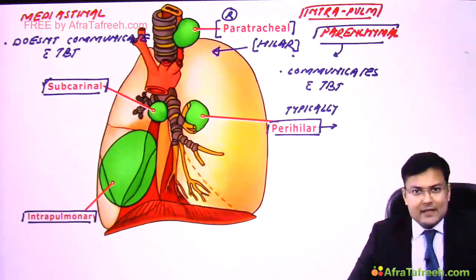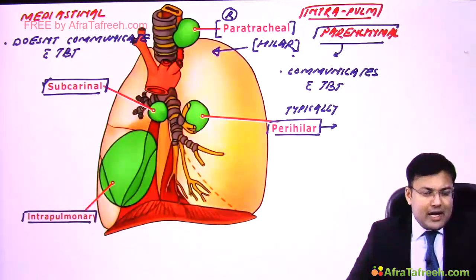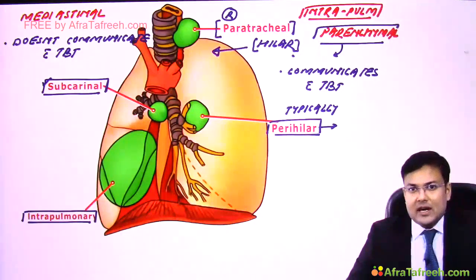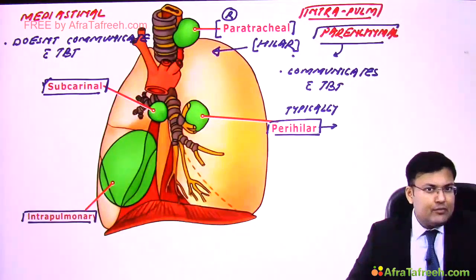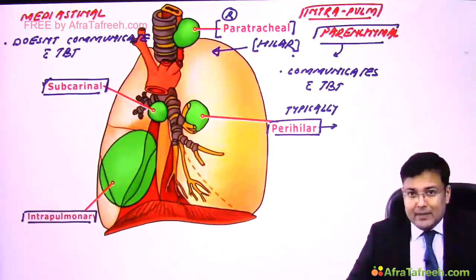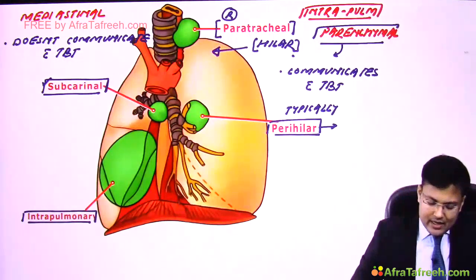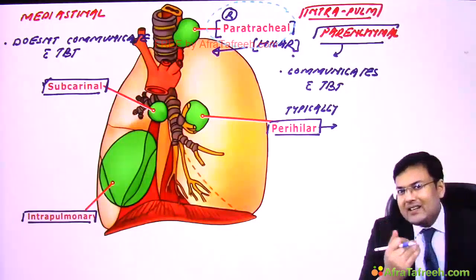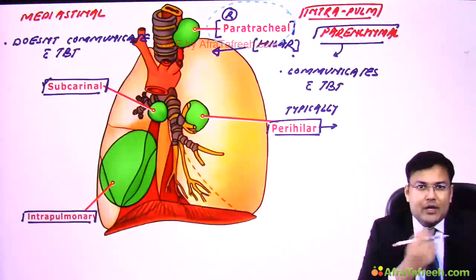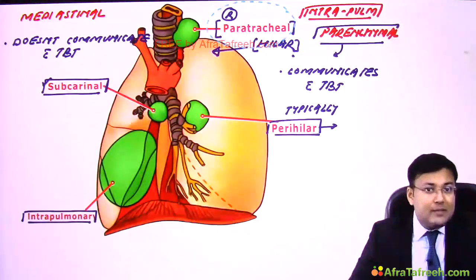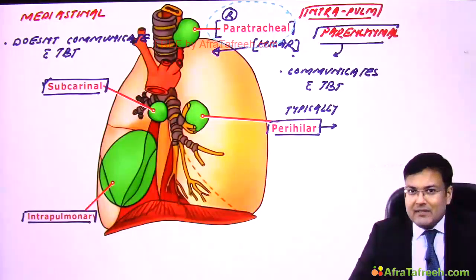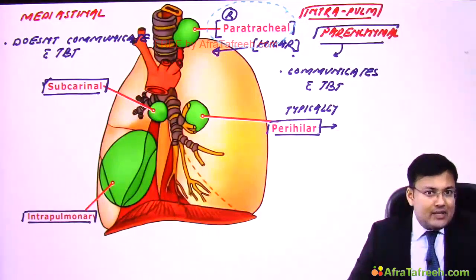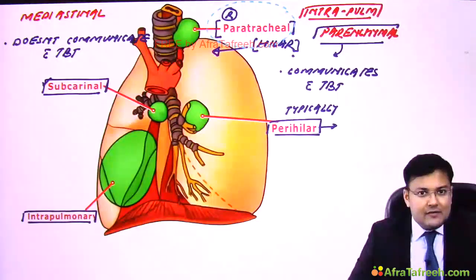Now see the clinical manifestations. The majority of patients who have bronchogenic cyst are asymptomatic. If the patient is symptomatic, the symptoms depend on the location and the type. Imagine a patient has this variety, which one? Right paratracheal. It is going to compress the trachea, and because of compression of trachea, what's the symptom? Respiratory distress. If the patient has intrapulmonary variety, there is infection. Because of infection, what's the manifestation? There is fever and there is cough. Clear?